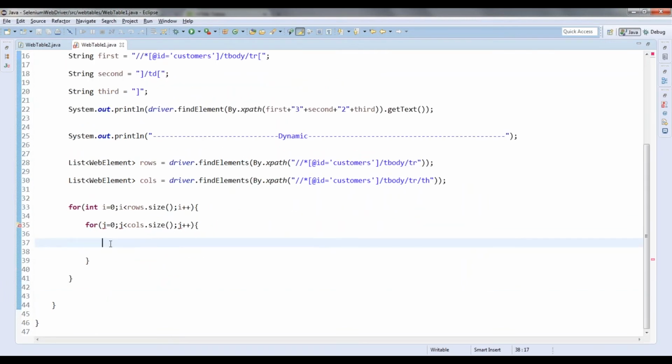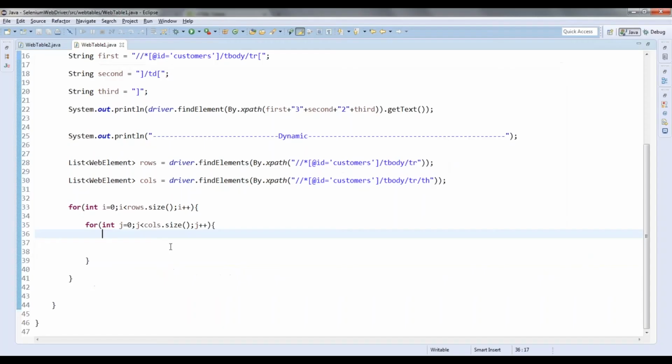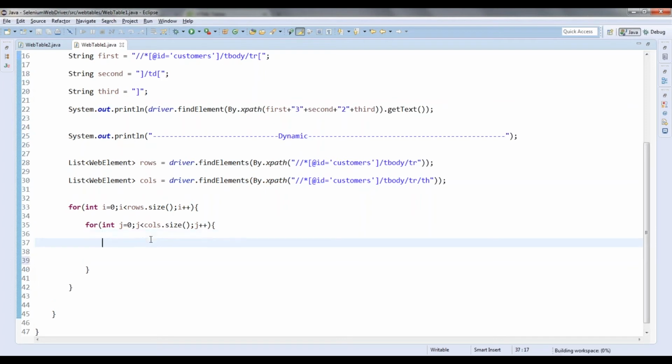Does this make sense? It's a kind of matrix you can consider, so go through each and every row and each and every column. For that I need two loops, I cannot have one loop. We have covered this in our multi-dimensional array. Do you remember this? Yes. So I'm trying to do the same thing here.